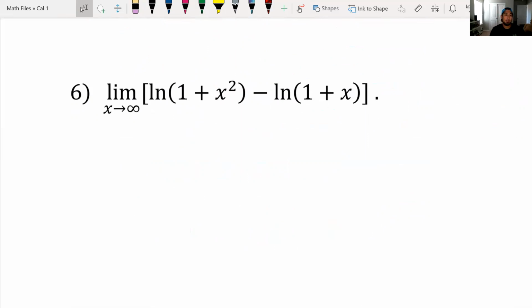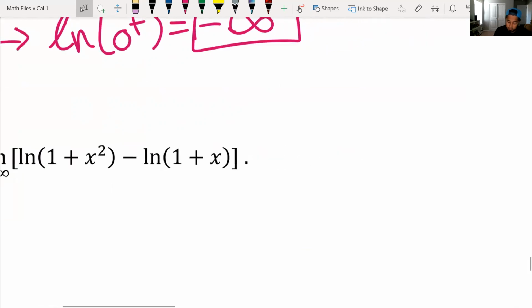All right, so how do we handle this one? Do we think of what's going on inside of 1 plus x squared? Inside of 1 plus x? Do we think of the graphs? Do we whip out a calculator? All those answers are yes, but I'm going to say no right now because we're going to use something you haven't used in a while. Log properties. Log properties will make this limit a lot simpler. You see, we just algebraically manipulate. So if you remember your log properties,